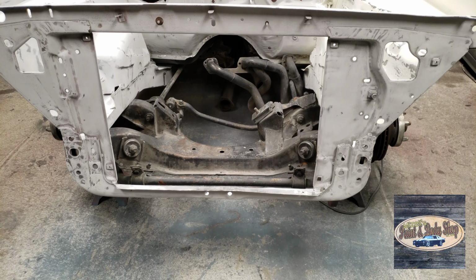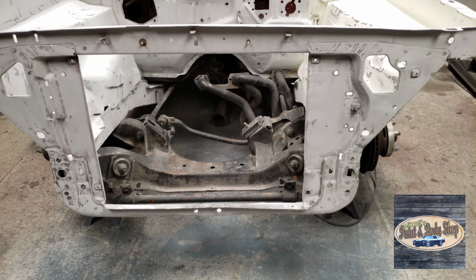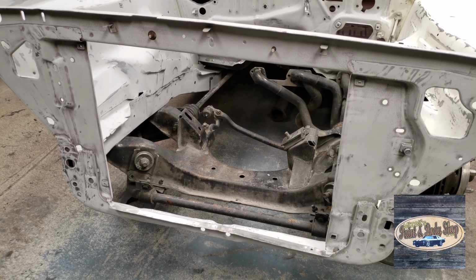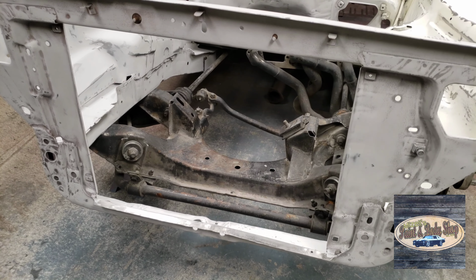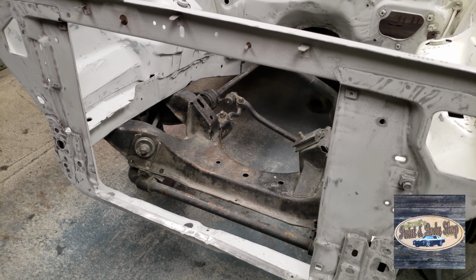If any of you are wondering about the K-member on this, the customer did ask me about painting it. And it was really dirty and greasy to begin with, but over a year of me stepping on it and dust and everything else, that's got a bunch of crap off of there that was on it. But I told her that